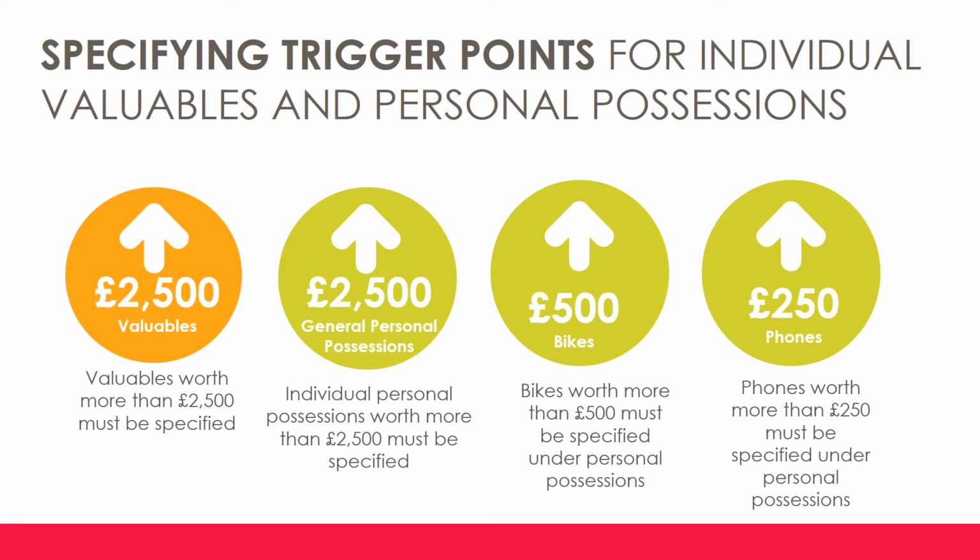The personal possessions is added to the total contents cover, and it does come with an increase in premium. Items that are below these limits should be added together and covered as unspecified personal possessions. And the maximum we'll do in total for personal possessions away from the home or for valuable items within the home is 30% of the contents sum insured. So if you've given them £50,000, for example, the maximum you could do for personal possessions or valuables would be